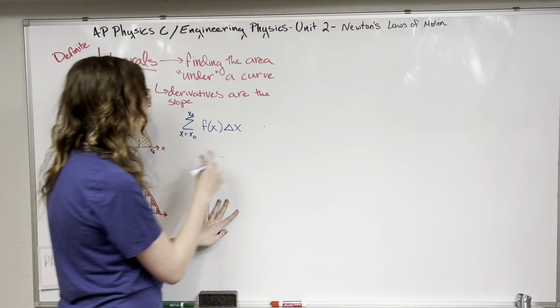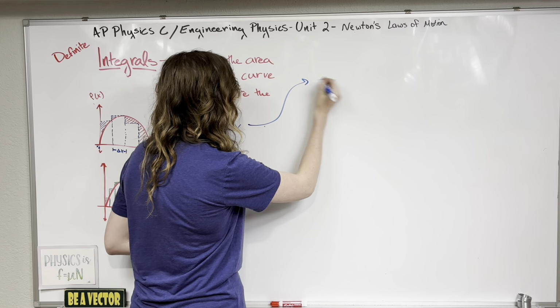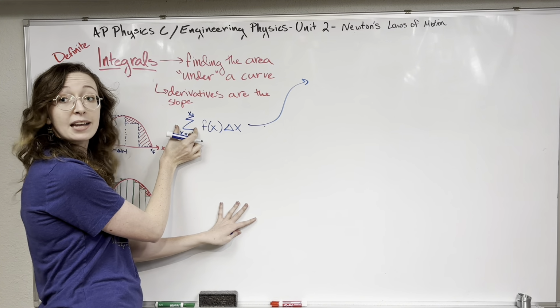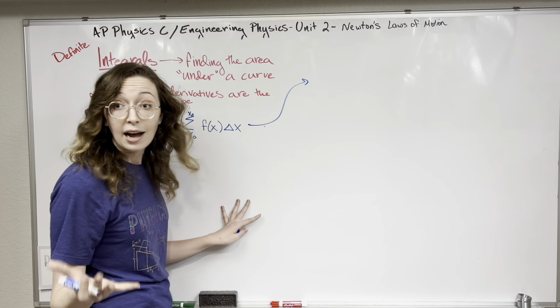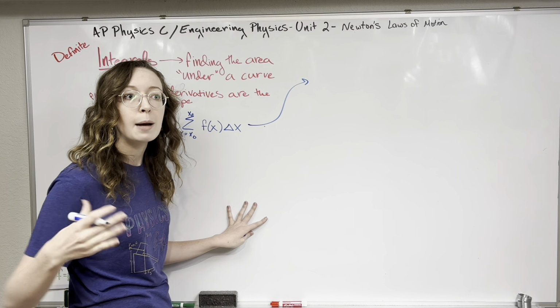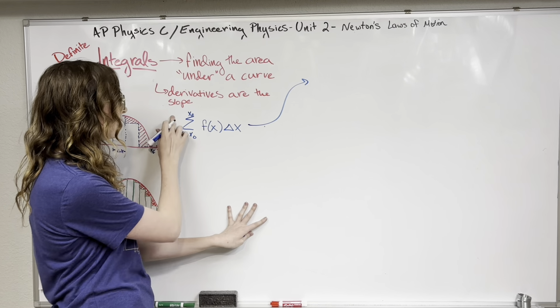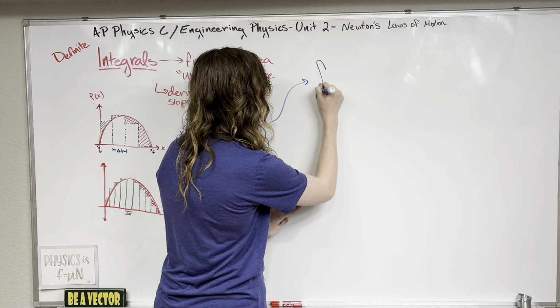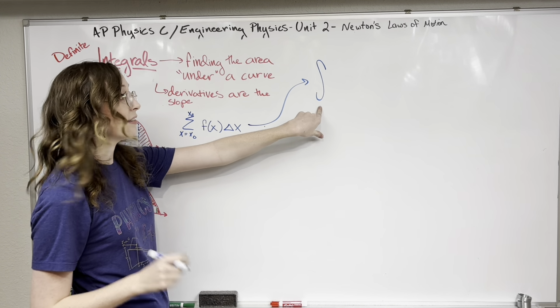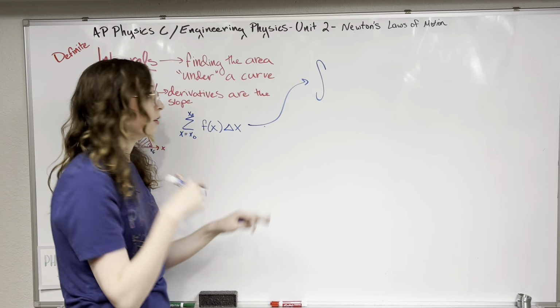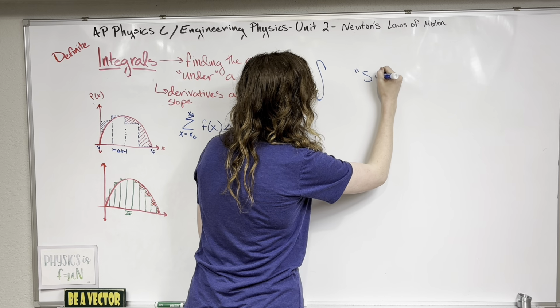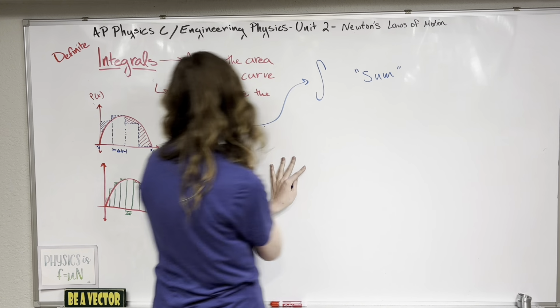So the way that we write integrals, first of all, instead of having our little sigma here for sum, we have another guy for our sum because we're summing up infinitely many things instead of a definite number here. So we use a little swoopy s like this. It's like an s that you really stretched out long, and he stands for sum, just like how sigma stands